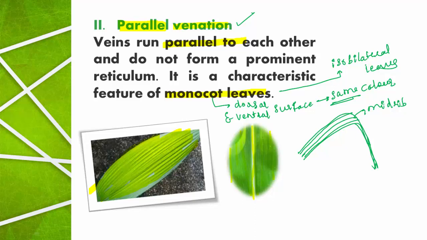Arrangement of veins and veinlets on the leaf lamina is called venation. How many types are there in venation? There are 2 types, reticulate venation and parallel venation. Reticulate venation is the character of dicot leaves and parallel venation is the character of monocot leaves. In reticulate venation, the midrib is a very prominent structure, and the veins and veinlets produce a network or reticulate structure on the leaf lamina. In parallel venation, the veins run parallel to the midrib, and this is the significant character of monocot leaves. Hope the explained part is clear for you.